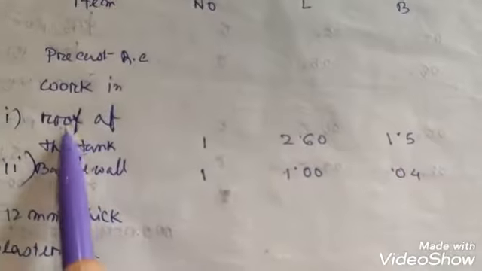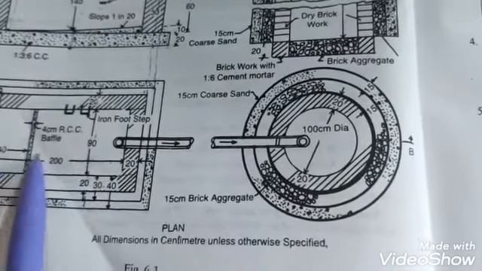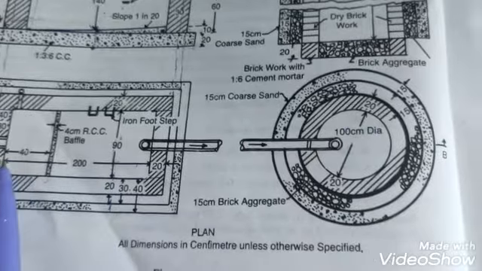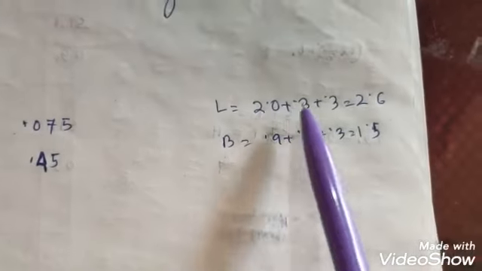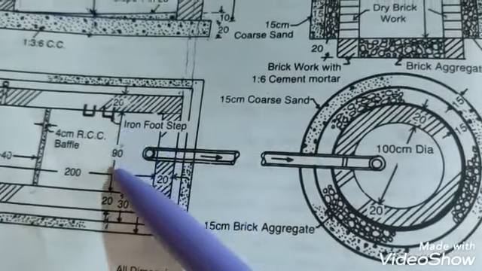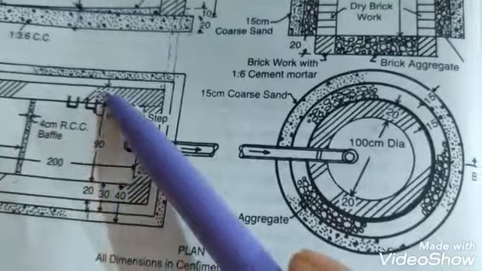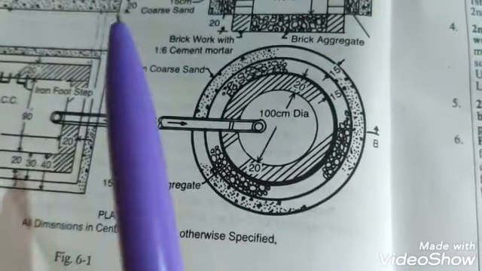So first of all, let us calculate the dimensions of the roof. The inside to inside length is 2 meter. So we have assumed a 30 centimeter extension on both sides. So 2 meter plus 0.3 plus 0.3, ultimately the length becomes 2.6 meter. The breadth is 0.9. We have taken a 30 centimeter extension on both sides for the roof because we need to cover this whole part. So 0.9 plus 0.3 plus 0.3, ultimately it is 1.5.